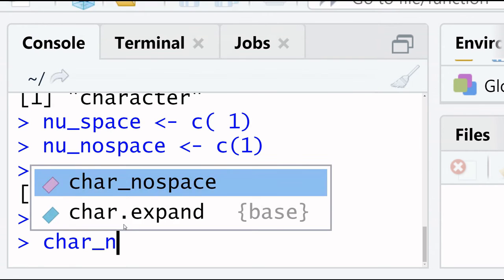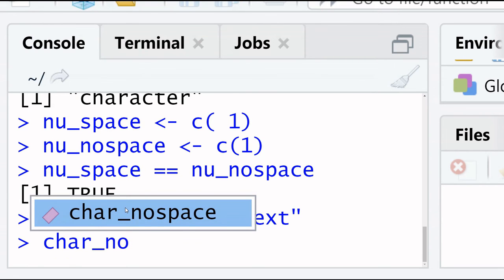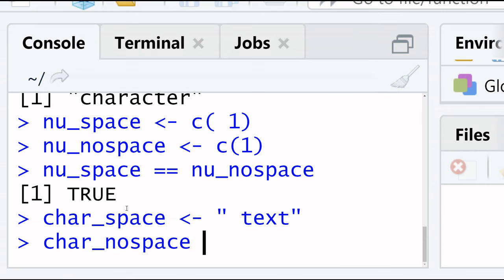Then character underscore no space, assignment sign, text.